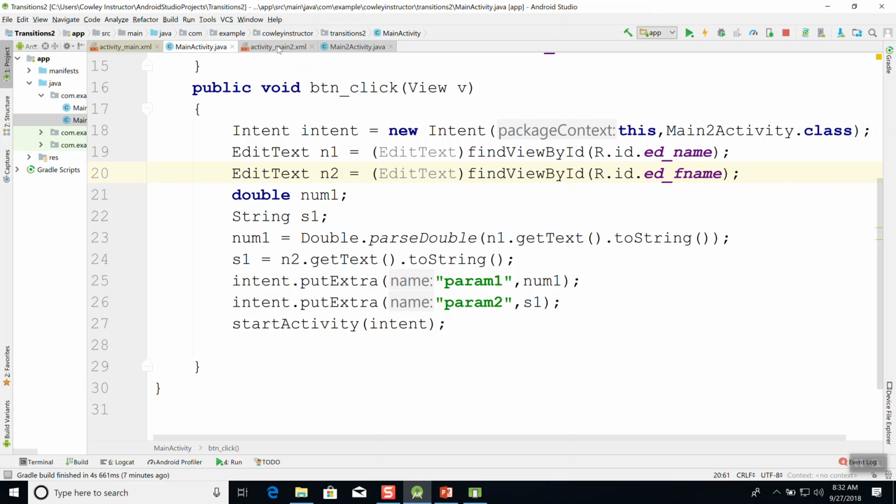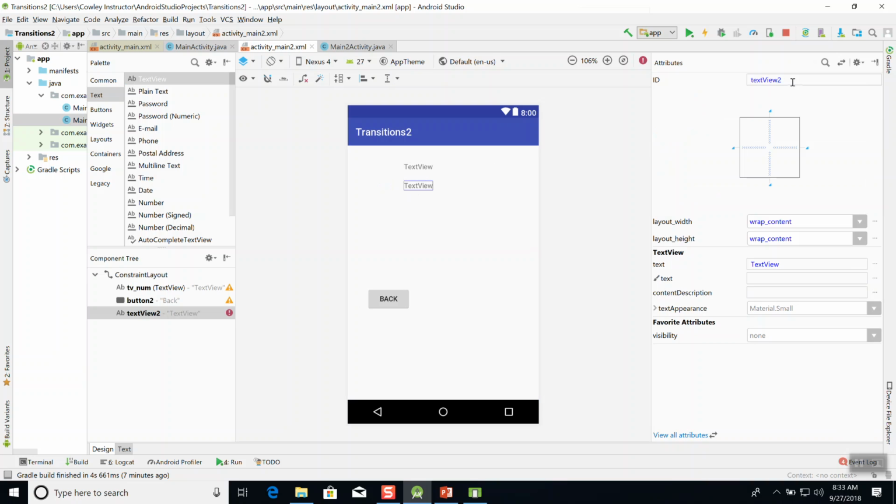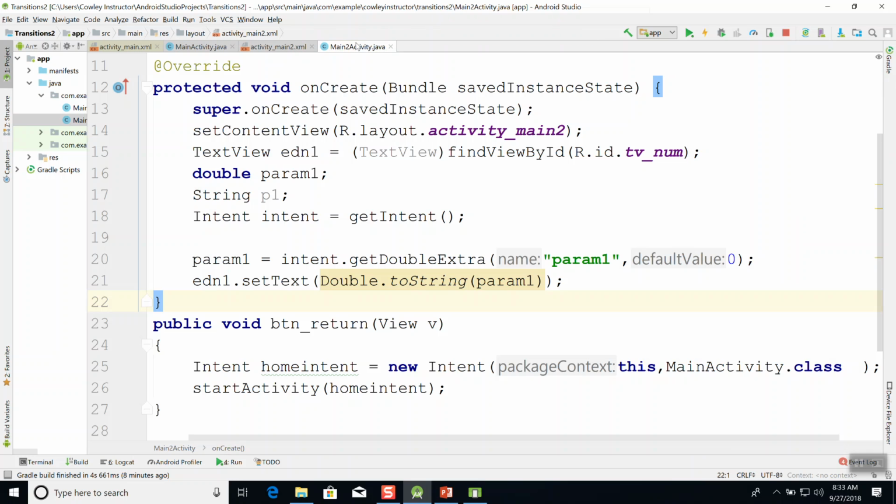Okay, so now I'm going to receive it on the activity main 2. So I'm going to drop on a text view, and then I'll call it TV underscore. And see, this is the first name, so I'll do TV underscore F name. If I go to my code, main 2 activity,